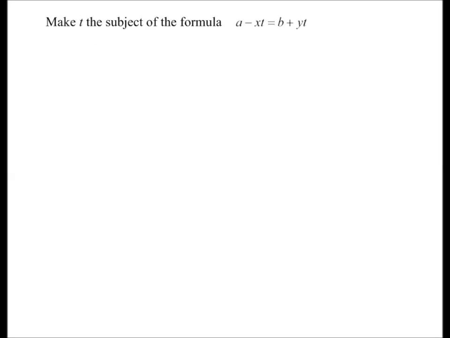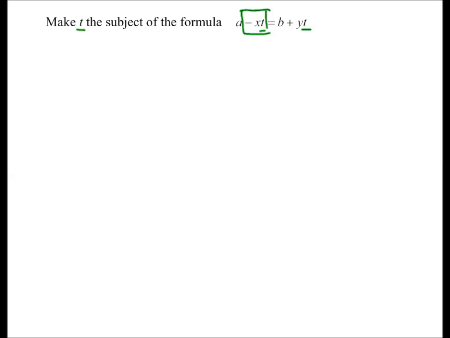Right, now we get on to the really tricky ones. What makes these so tricky is we're making t the subject, and I have 2 t's in my equation. So the aim of these ones is to get all my t's onto the same side, and then I can factorise. Because I'm aiming to get all my t's onto the same side, and here I've got minus t, and we said we don't like having minuses,